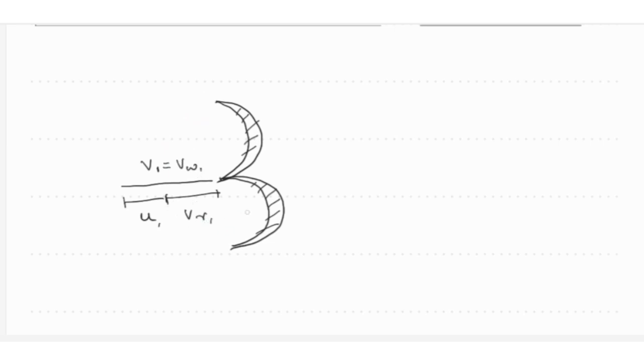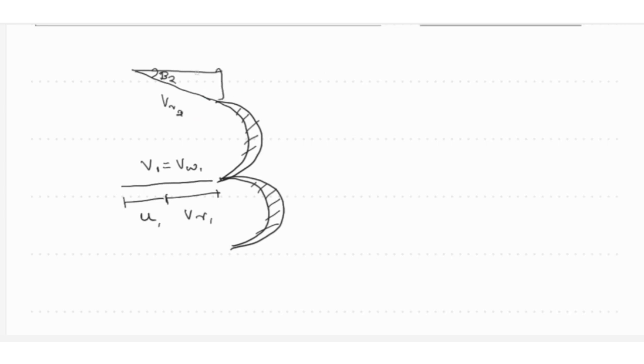Since the jet does not make any angle while it's striking at the inlet, water will be striking the splitter. The splitter will split this jet into two equal parts, and you can see now the jet will leave this plate making an angle. I will draw here. So this will be VR2, making an angle beta 2 here.